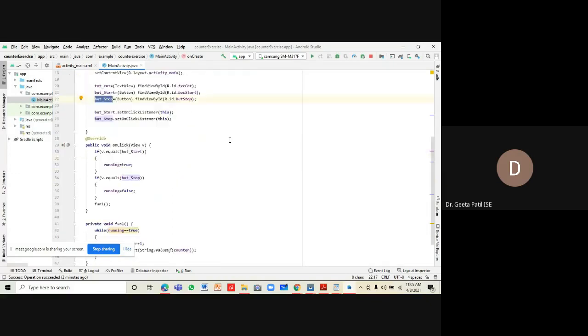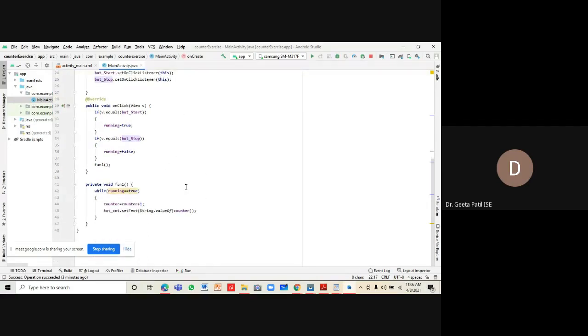Something is running continuously, and your application goes into a loop. No other event is notified on this application. No click is being noticed.